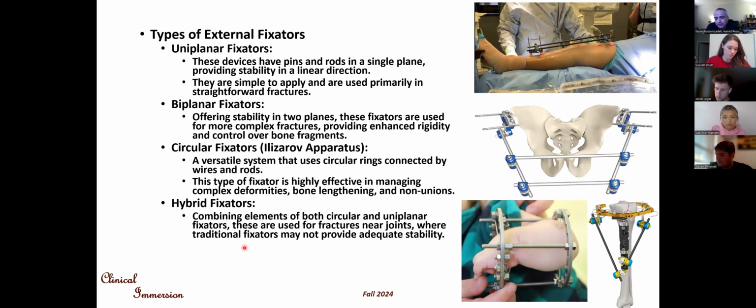We have several types of external fixation. These are the patterns of external fixator application. One is the uniplanar fixator, as you see here. They are in one plane. Everything is in one plane, the rod and the pin. We have biplanar, which are in two or three different planes. One plane here, one plane here. The uniplanar is usually the simplest one, the easiest one to apply, and the fastest one, but